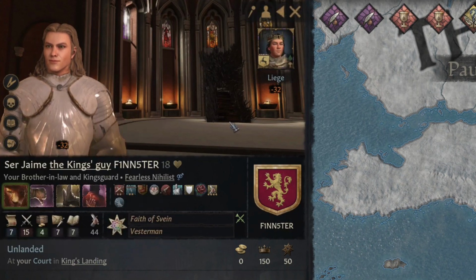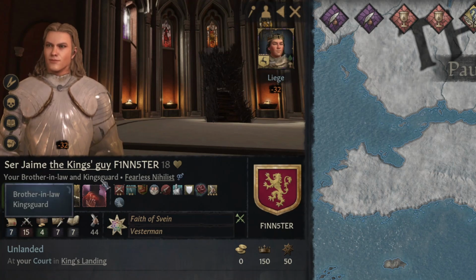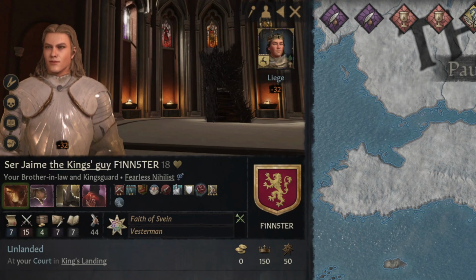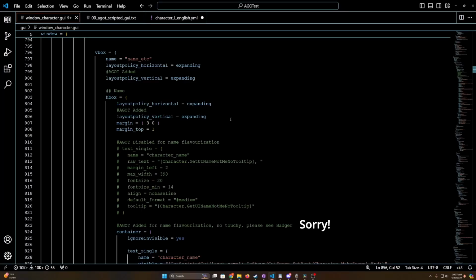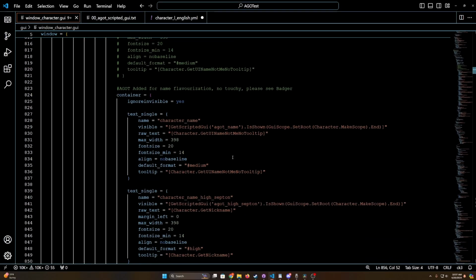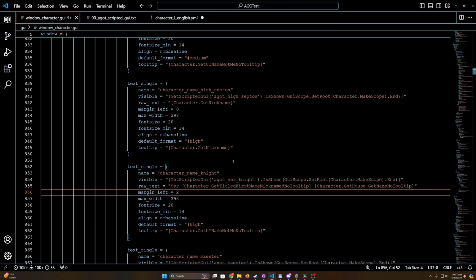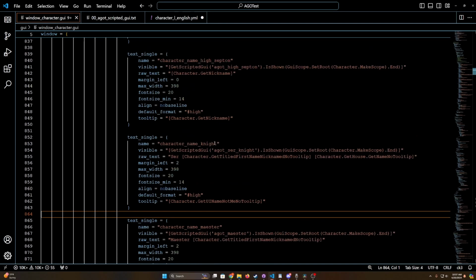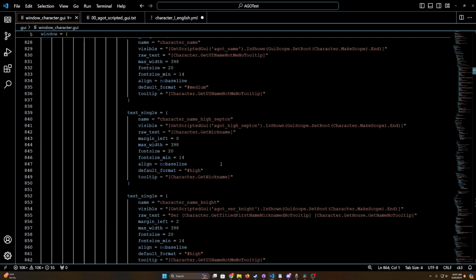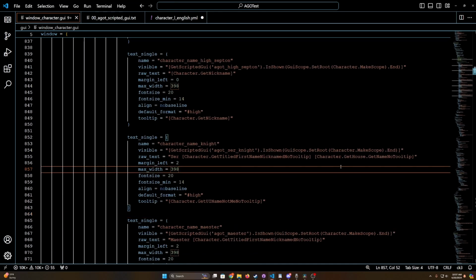Despite in lore the character has given up all real titles and nobility, he is still titled on the basis of his lineage. A quick look through the character window file and we can see the problem. The devs have set up different character naming styles with visibility checks. Since this only happens in the character window, we aren't able to see any of this work anywhere else in